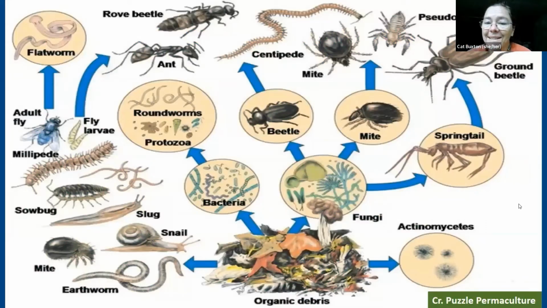These are the critters. These are the party goers that you want to invite to your buffet. The way that we do that is not by individual invitations per organism, because we actually don't even know who all of these organisms are yet. The food web is still that new. We know their classes, but we don't know their individual types. There could be 75,000 species of bacteria in a single teaspoon of healthy soil or compost. So it's about getting the right recipe to make sure that all of the organisms are getting what they need. And also understanding that the materials you're bringing in are also bringing in those organisms.